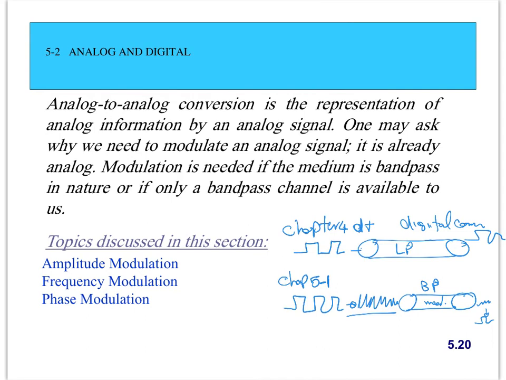This part بقى talks about the fact that the input signal for this part, which is 5-2, this one, we talk about the fact that the input signal is inherently an analog signal. The input signal is by default an analog signal, but then we have to convert it to another analog signal before we transmit it over the medium.